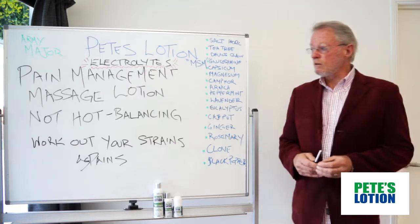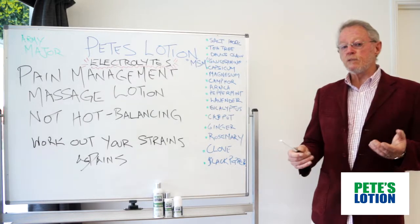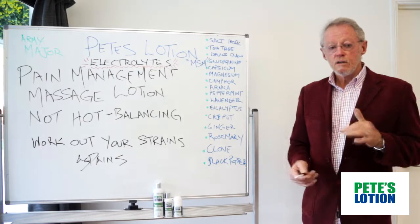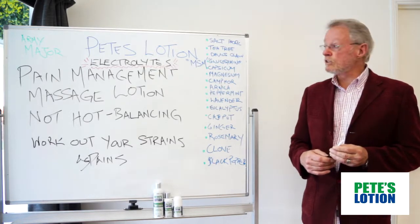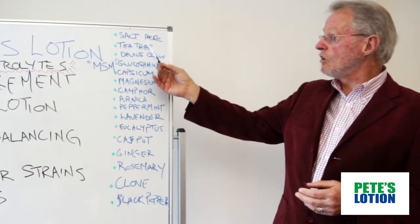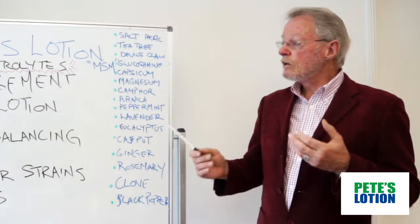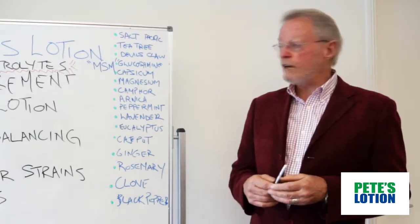Peter came to my office, it's probably more than a decade ago, and he plonked this solution down on the desk and said, "Can you make me this?" It was basically an aqueous solution that had some salt in it. It didn't take long before it all separated into water, salt and oil. So it was a real challenge for us to bring a matrix of all these ingredients together and expand it out from just specific sea salt and an aqueous base, which is a common lotion that you'll buy for dry skin in a pharmacy, and turn it into the product that it is today. Clearly, demonstrably, this is one of the most dynamic products that you can have in your cupboard in the bathroom, that when you need it,